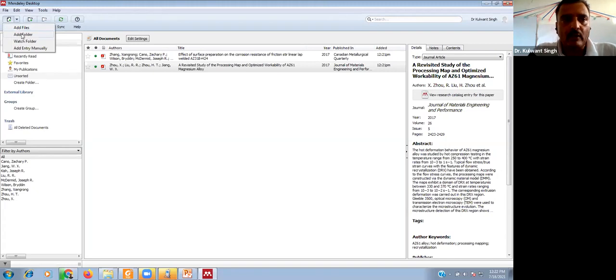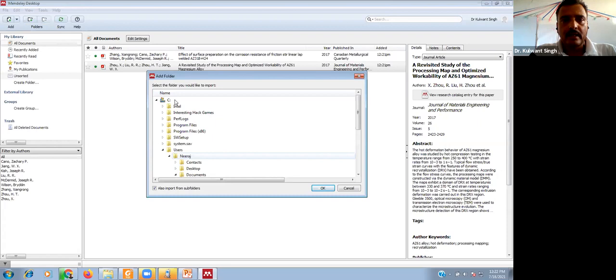But there is the second option, Add Folder. If you have a folder with the selected files of your requirement, then you can directly add the folder with multiple files with a single click. Click on this and select a particular folder.